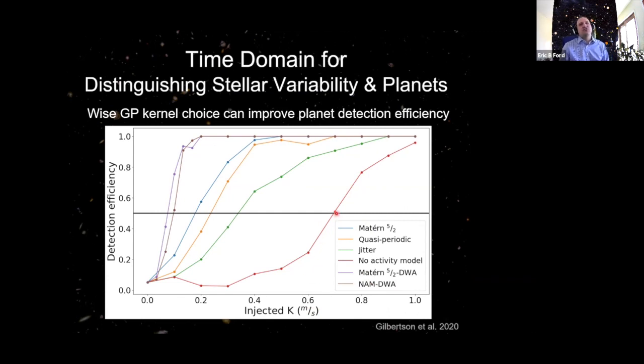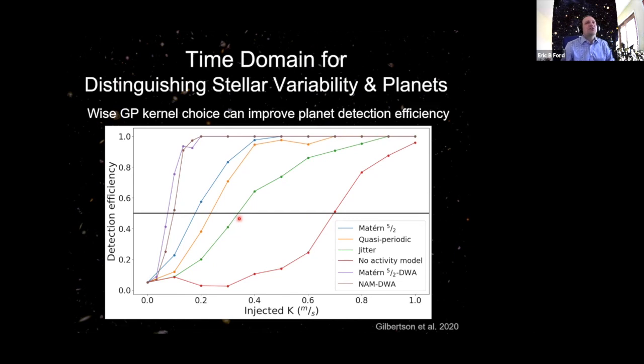The red curve shows what happens if you just pretend the star isn't variable, but you take a lot of really good observations: you might be able to get to a little bit better than a meter per second. The green curve shows what happens if you assume there's an excess noise, but it's uncorrelated noise. You assume you can't model it, and so you can do a little bit better there.